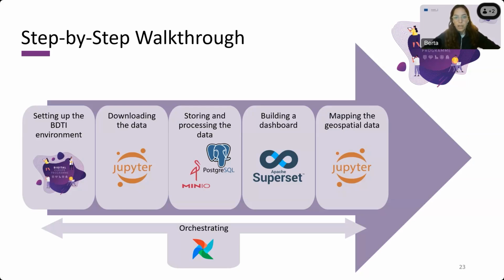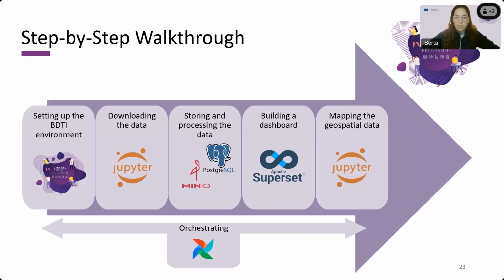We also created an interactive HTML map using Python, where we can visualize traffic and air quality data on the city map. We added some interactivity for better data exploration and stored this HTML file and the map in MinIO. Then we orchestrated all of these processes by creating a fully automated Airflow pipeline and set a schedule for the Superset dashboard. With that, we have successfully walked through the entire end-to-end pipeline.